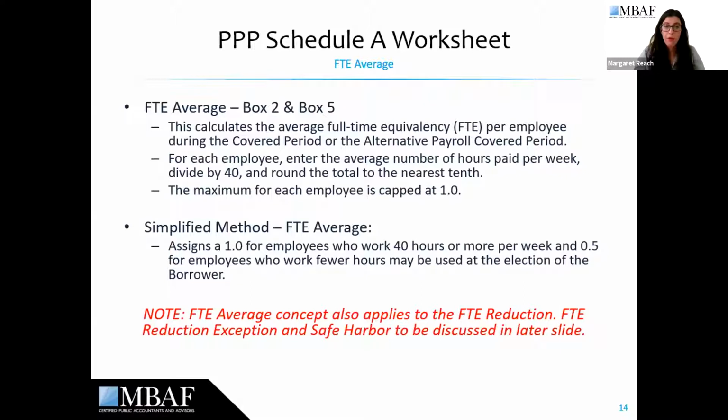Let's go to the FTE average. So the FTE average is based on headcount. It calculates the average full-time equivalency per employee during the covered period. According to the SBA, a full-time equivalent employee is someone working at least 40 hours per week. So the maximum you can have for one employee is 1.0. To calculate the FTE, like I said, you take an employee's total hours and divide it by 40 to get the